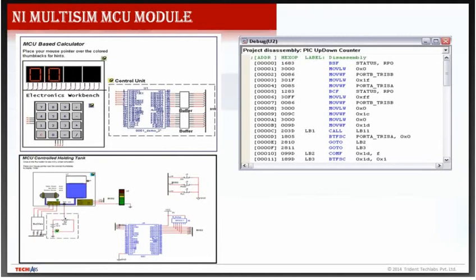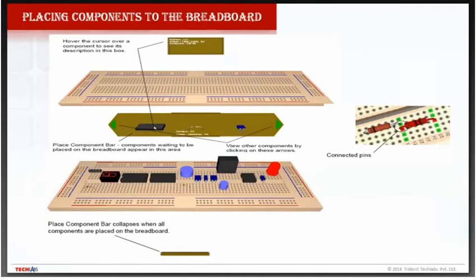Apart from that, suppose we have created a circuit design. Mostly in the labs, the motto is placing those components on the breadboard and seeing the characteristics. Here also, after designing the circuit, we can transfer the designed circuit into a breadboard view.